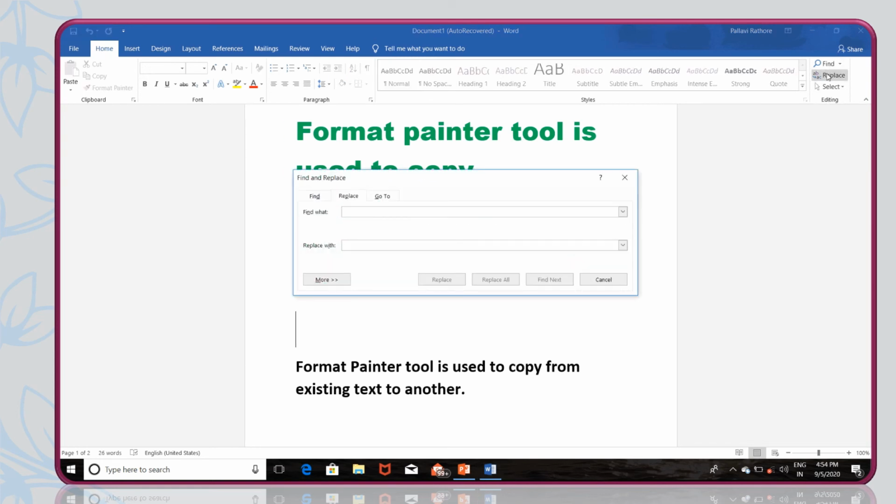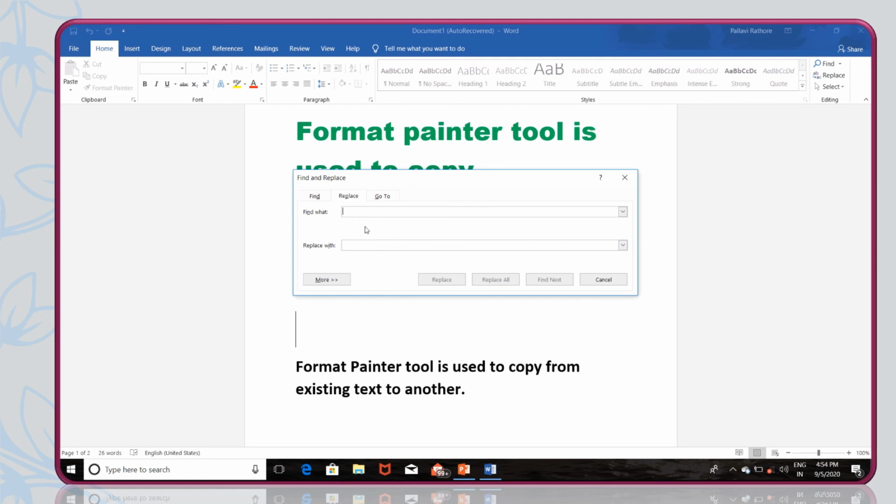After clicking on this option, you can see Find and Replace dialog box is appearing on screen. In this dialog box, there are two boxes. One box is Find What box and second box is Replace with box. It means the word which we have to find, we write here, and the word which we want to replace, we write here.